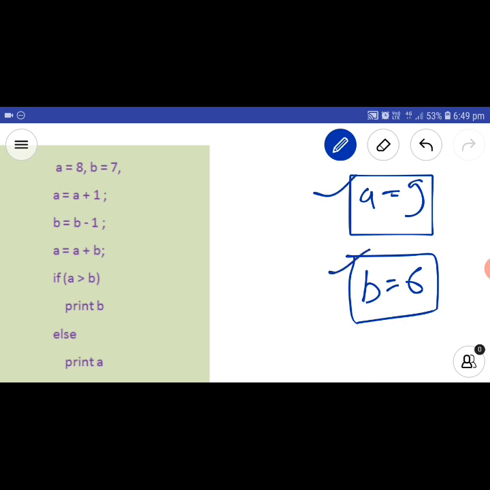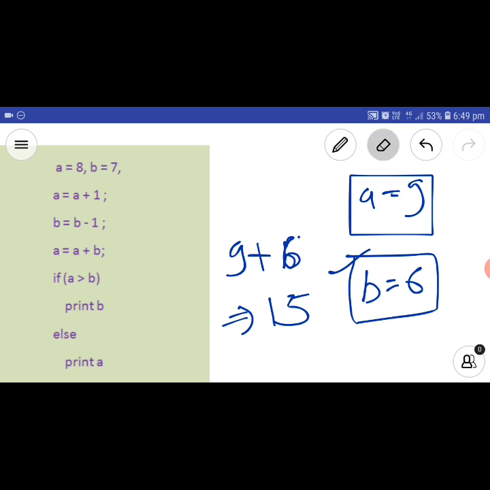Okay, the next given is a equals a plus b, right? So we will add these both values. The current value of a is 9, and the current value of b is 6, right? And 9 plus 6 is 15, correct? 9 plus 6 is 15.